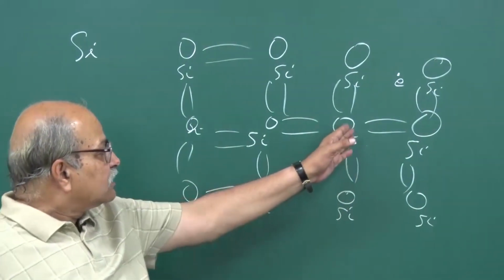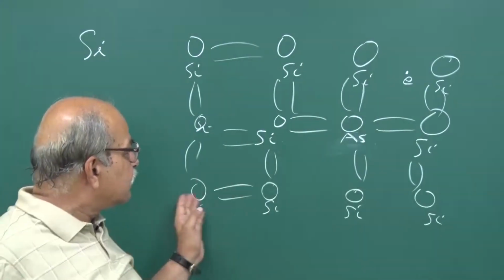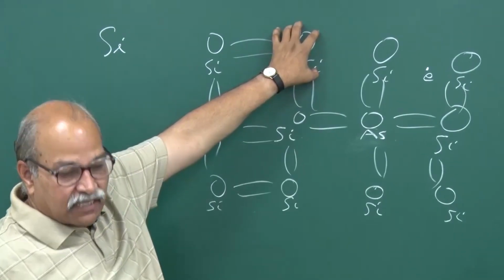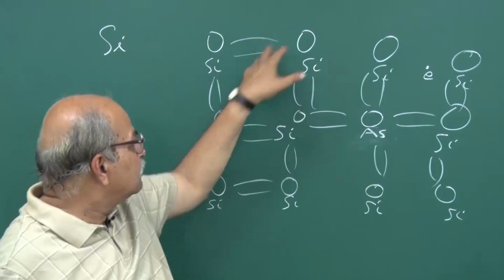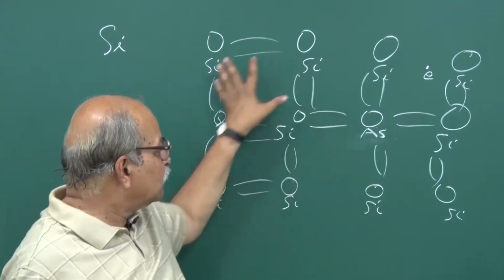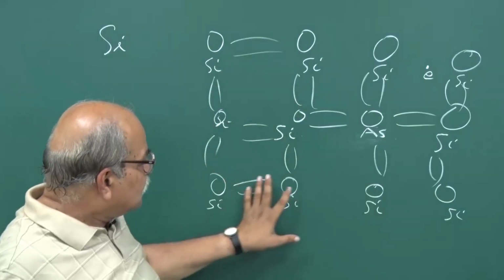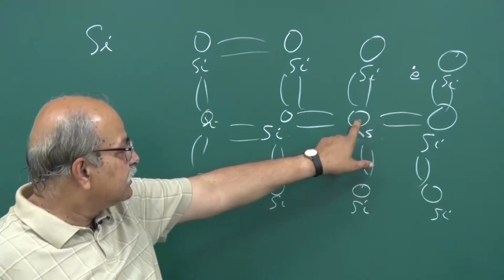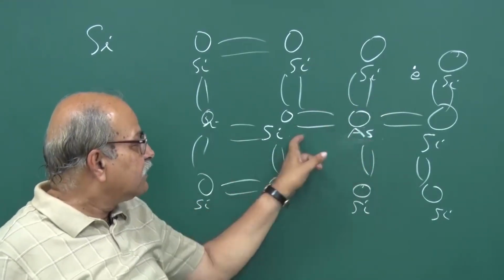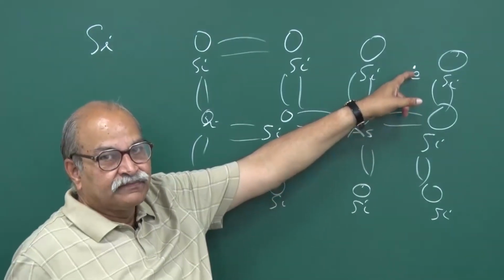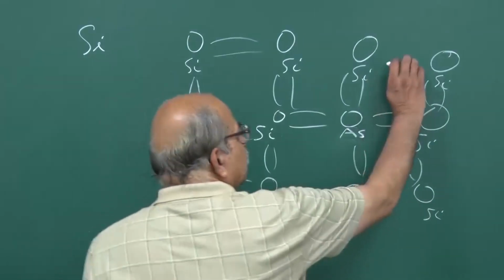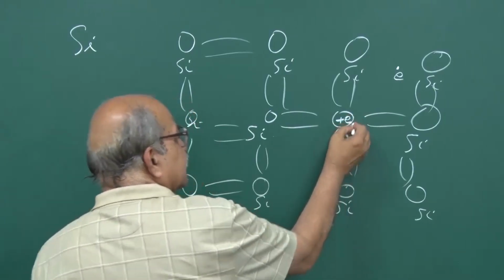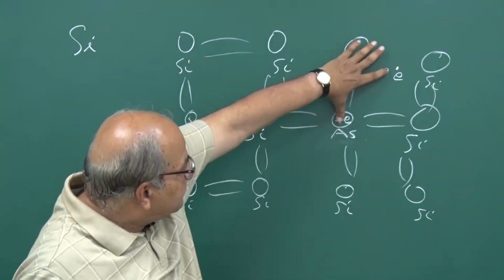Now, if you compare with all these silicons and their electrons, the core electrons in the inner bands, and all these 4 bonding electrons, this is a kind of charge neutral thing, and here you are bringing this arsenic. These 4 electrons have gone here and this electron is outside. So if you remove this electron from here, then you have an extra plus e charge here, because this arsenic atom was neutral,